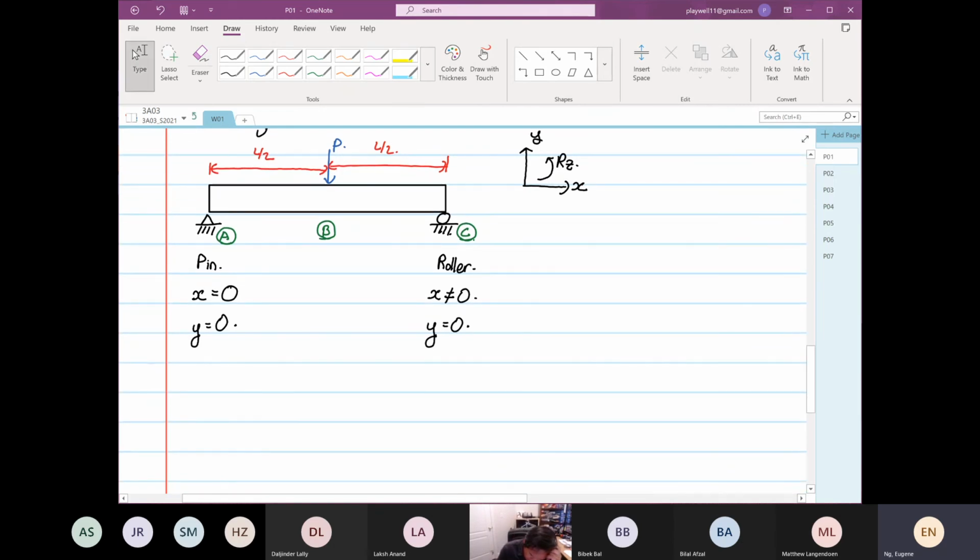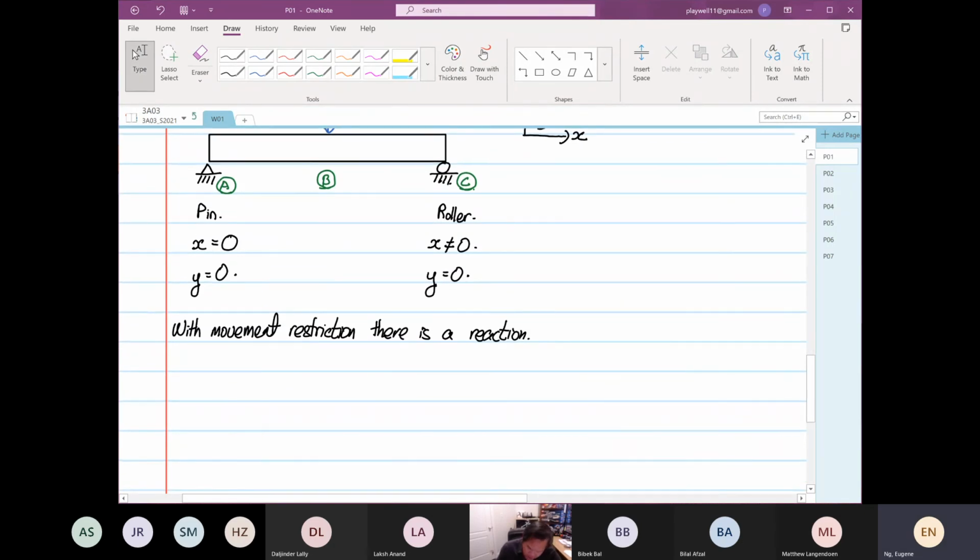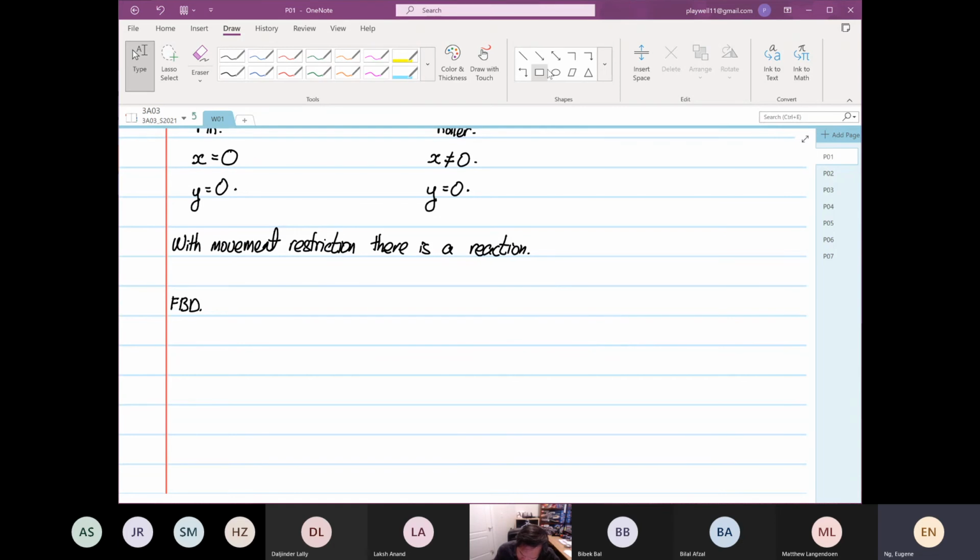So with movement restriction, there is a reaction. What do I mean by that? If we were to construct our free body diagram, if we were to construct our free body diagram, what we have